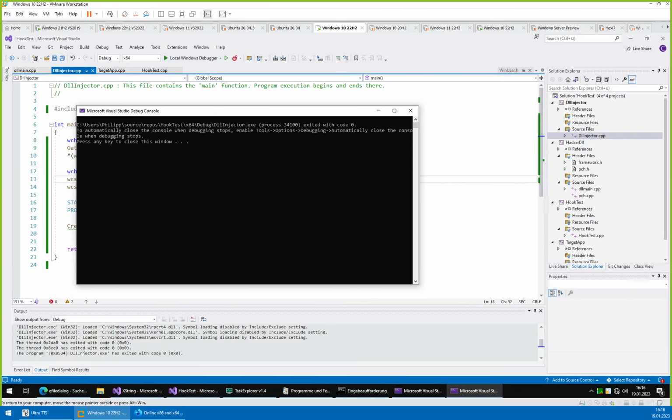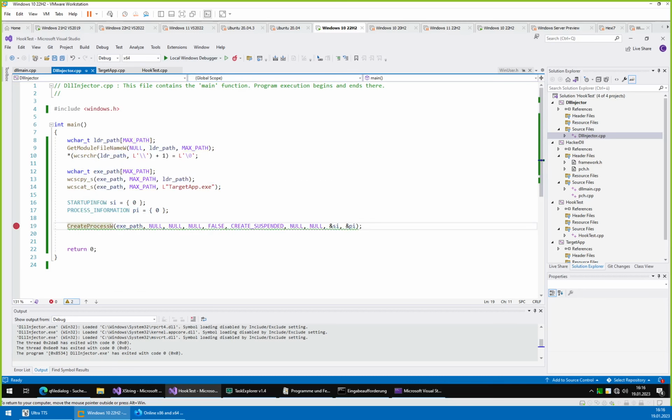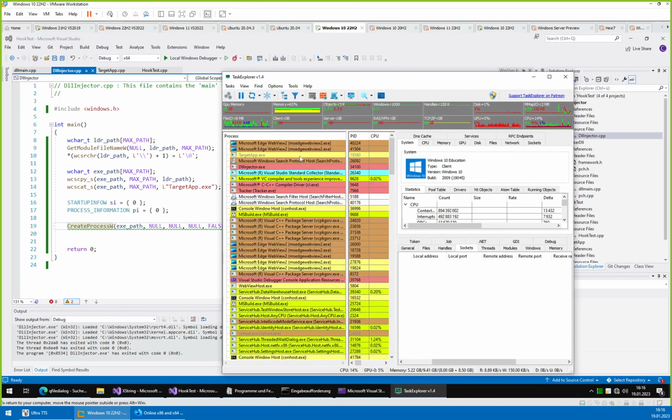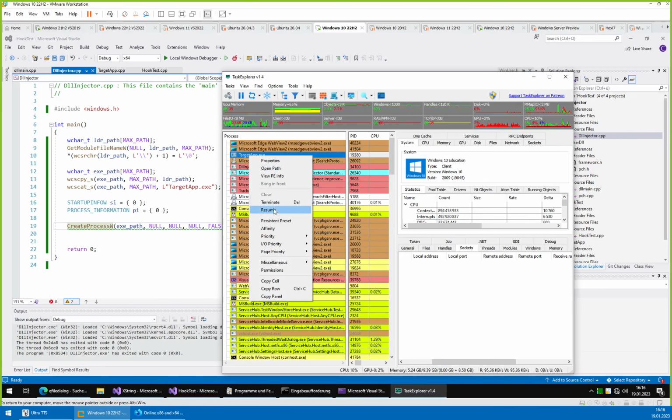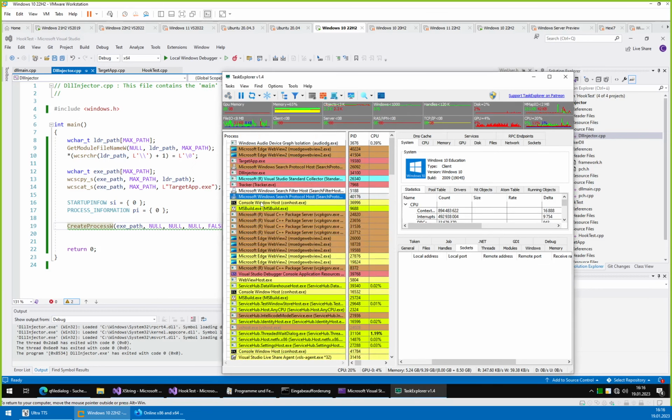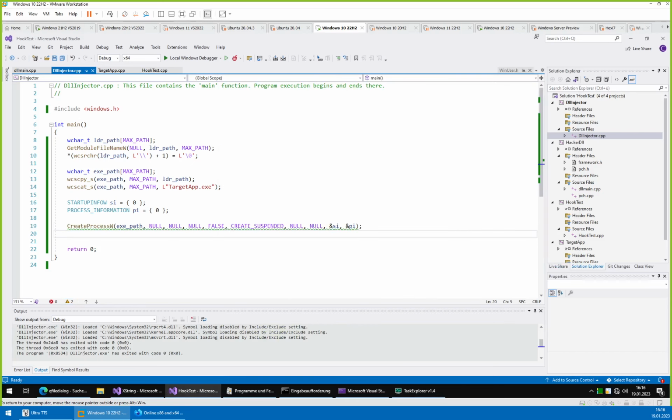Okay, we didn't see a message box, so something didn't work out quite right. Oh, we made a mistake. Since we created it suspended, we did not resume it. So it's actually just sitting here, not doing anything. We can resume it by hand. And now it crashed, which I'm not sure why. But for our test, we should add the resume